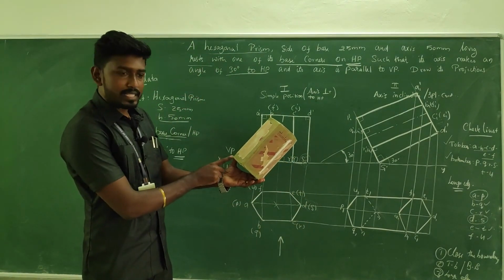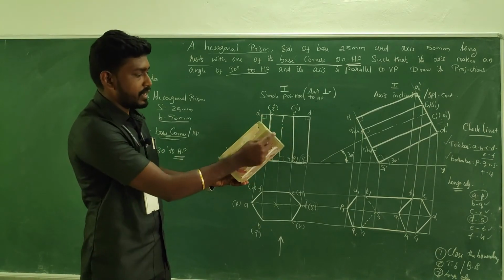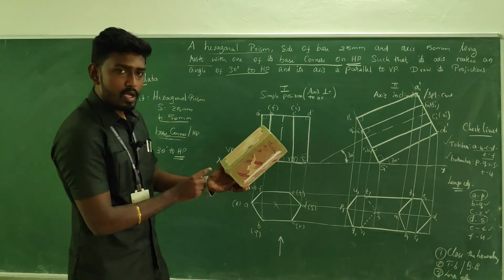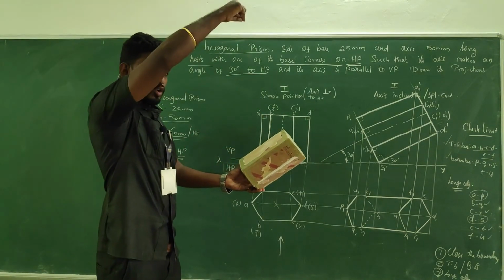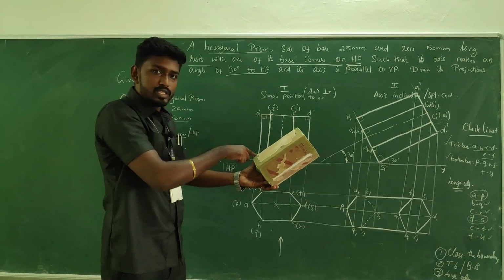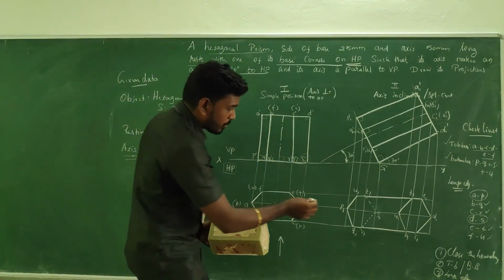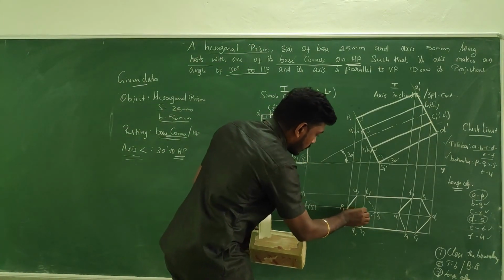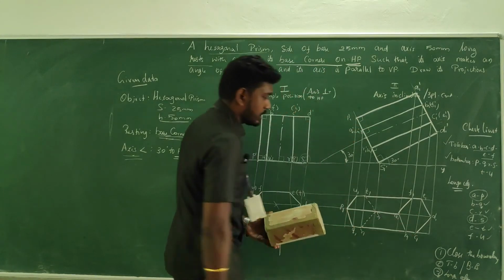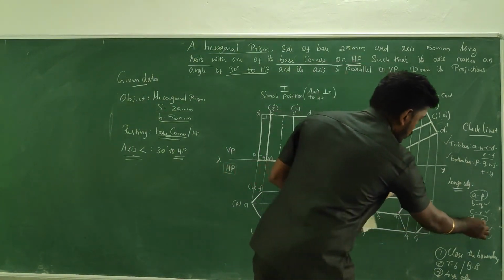Here I have noted P, Q, R, S, T, U. Here A, B, C, D, E, F. So P to A, when you are having a look from the top, this edge is clearly visible. Am I right? So you have to make P to A a dark one. What about S to D?